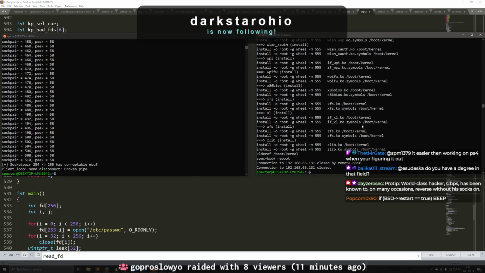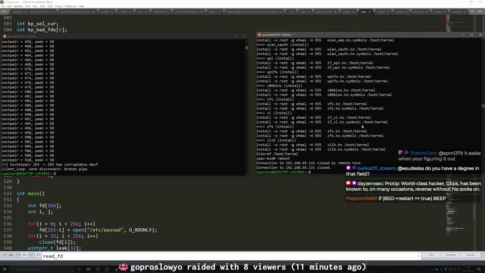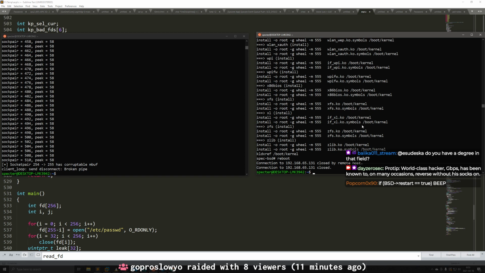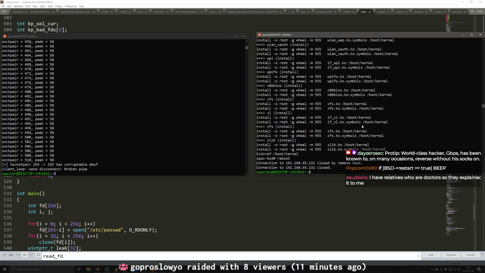If BSD restart equals true, beep. That could be fun, actually. Trying to set up like a... I guess I could actually just add it on a command. Not when it restarts, but when I SSH in from a restart, I could make it beep, by just adding a tail command onto that in WSL. Speaking of, I think we should be back now.